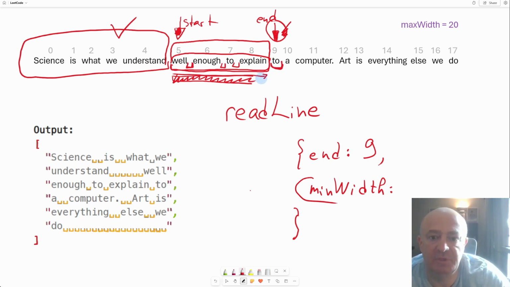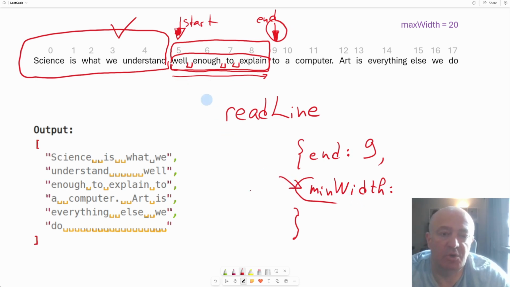The only way for me to decide that this next word doesn't actually fit is for me to keep track of this min width. So I have to keep track of the min width. And why I want to return it from this function, because I will need it later in the next function, right? So readLine,